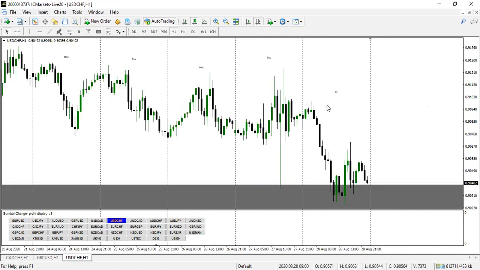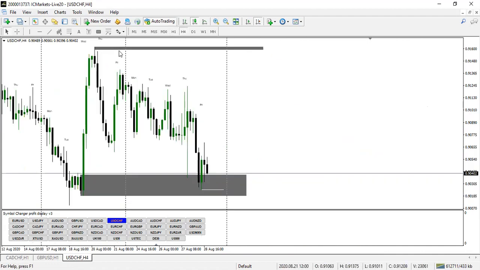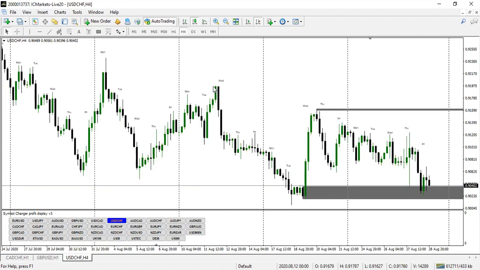on Monday, Tuesday, right? We may likely see this low also being taken out, then might see the market going higher. Then our take profit points will be this zone. Then we might likely be looking for more downward movement on this pair. So possibly that is what I'm looking out for. Then on